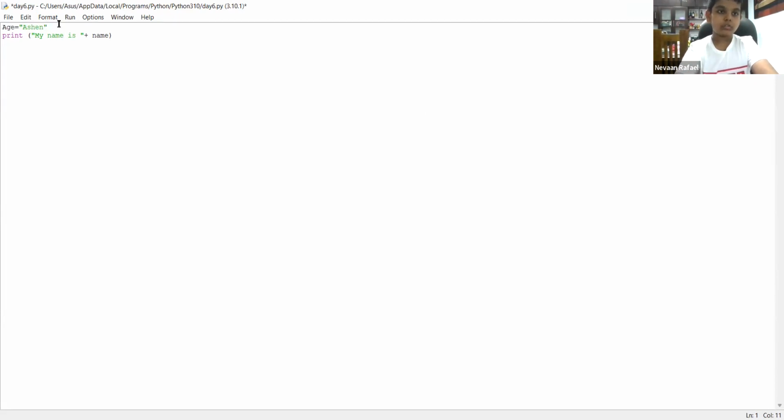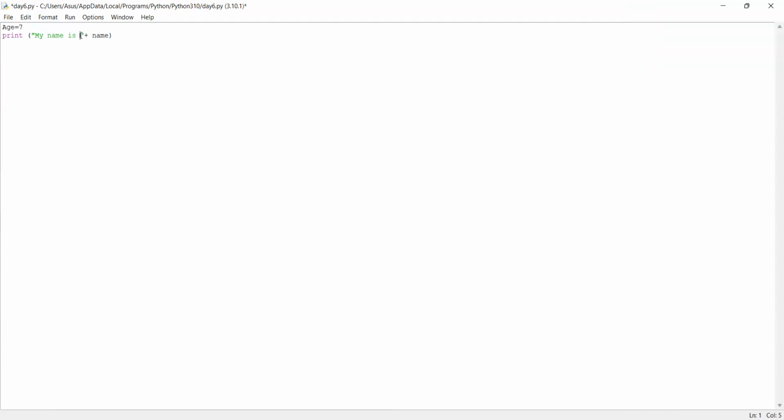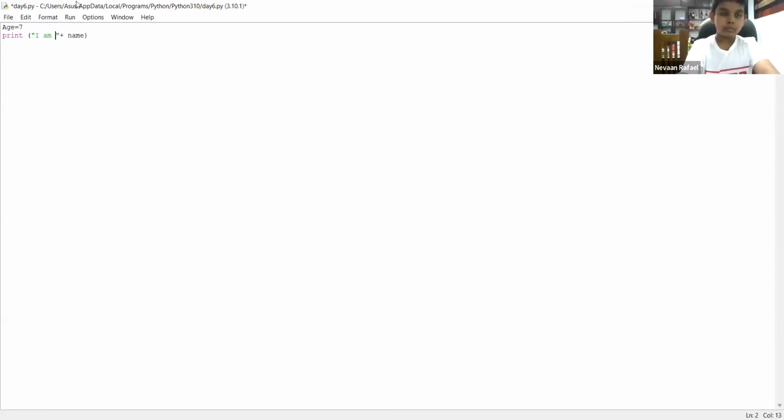Shift, shift. Move. Equal to, space. Shift. Space.